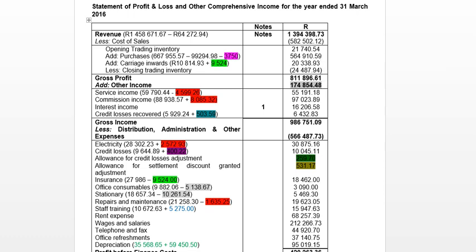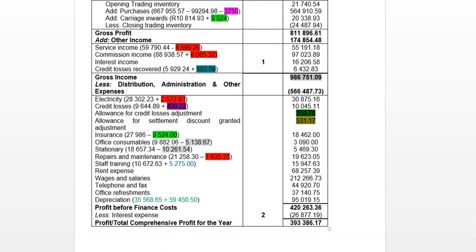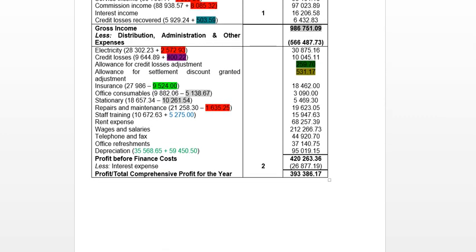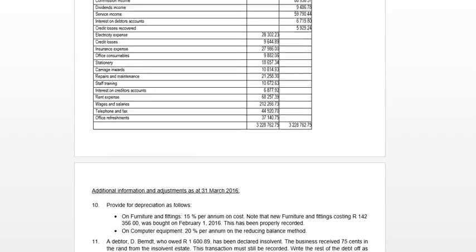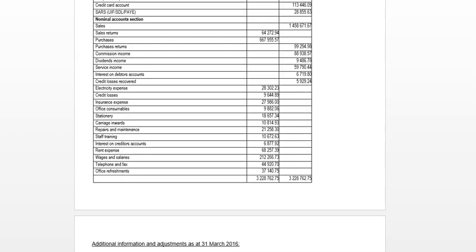Okay, giving us a total other income of 174,000, which we add to our gross profit to get to a gross income of 986,751 Rand and 9 cents. We need to subtract our distribution, administration, and other expenses. So firstly, our electricity. What was our electricity expense? Well, if you look at our trial balance, it was